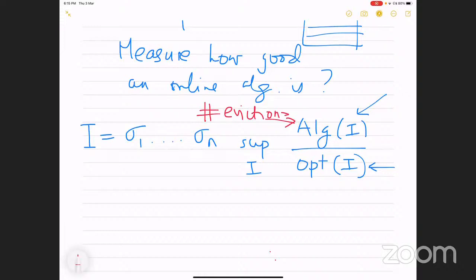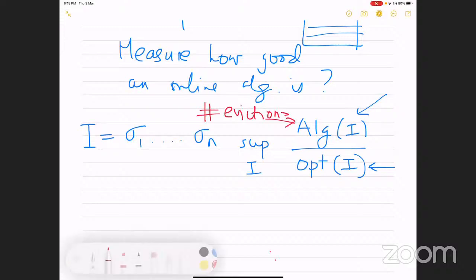So that is the setup. Any questions here? Sorry, one question. So the denominator is also measuring the number of evictions, is it? Yes, the denominator is also measuring the number of evictions. ALG is how many evictions the algorithm incurs, and opt I is like this farthest in future algorithm. And what is the cost? Cost is essentially, for us right now, just the number of evictions, but it could change depending on what problem you're looking at.